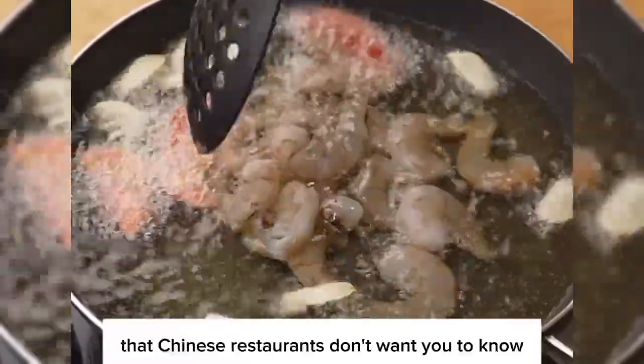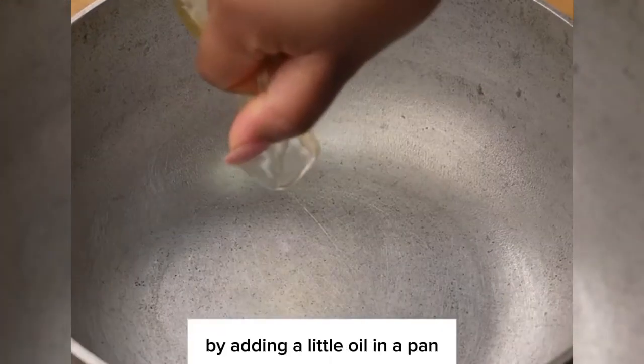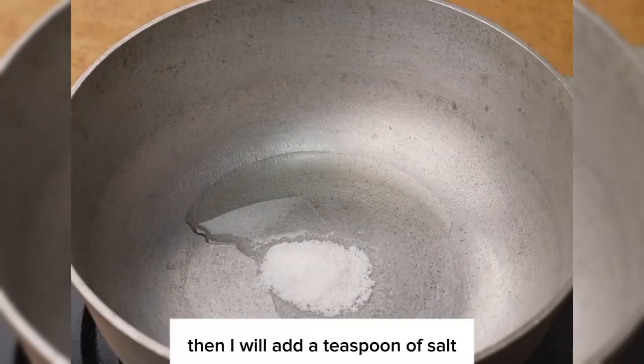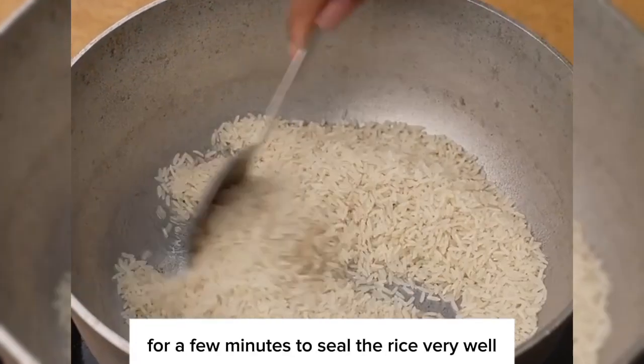This is the secret that Chinese restaurants don't want you to know. I will start this recipe by adding a little oil in a pan. Then I will add a teaspoon of salt. Then 2 cups of rice, previously washed, and I will move for a few minutes to seal the rice very